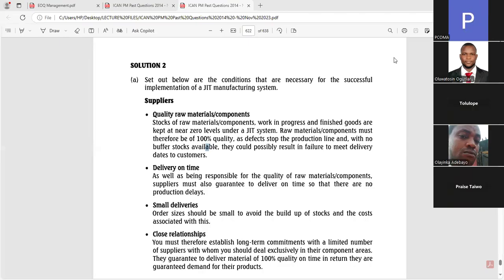Today is our day 2 for the marathon PM class, and our hope is to solve 10 diets for this marathon class. So we'll be solving 10 diets. I've done the analysis already, which I've made available on the platform. I believe everybody must have seen it. 10 diets from 2020 down to November